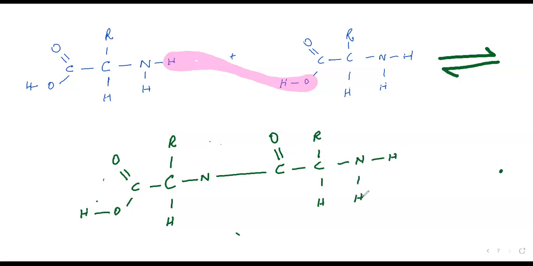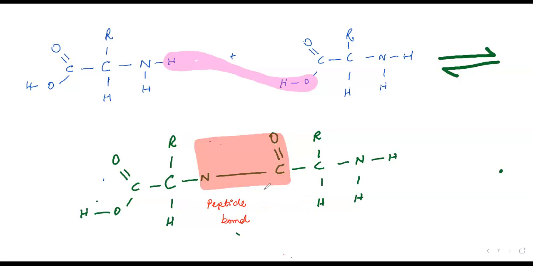This bond that you are seeing over here is the bond that forms between amino acids. This bond that forms between amino acids, we call it a peptide bond. So just like with triglycerides, it's an ester bond, and just like with your carbohydrates, it's a glycosidic bond. The bond that will happen between the two amino acids is going to be known as a peptide bond.